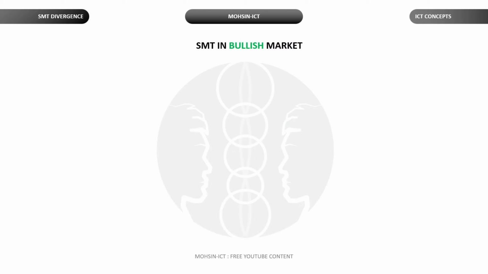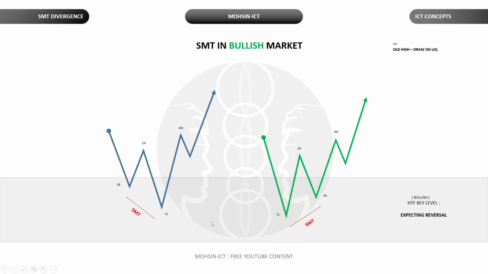Now let's look at the SMT in a bullish market. If we have a higher time frame key level where we are expecting a bullish reversal toward the strong liquidity, in this case the high, the buy side liquidity, and if our analysis suggests that we are going to go higher once price reaches this key level, then we look into the markers that we are interested in and find the SMT. The bullish SMT occurs when one asset makes the lower low, grabbing the liquidity from the nearest low,